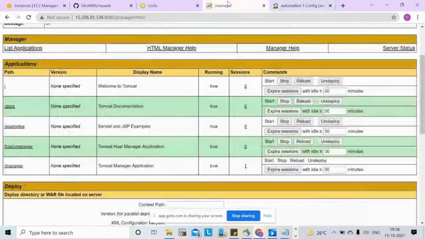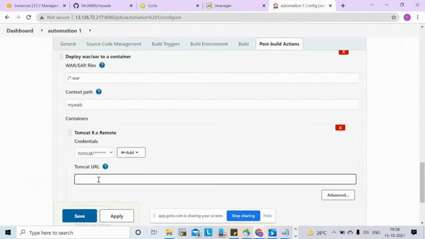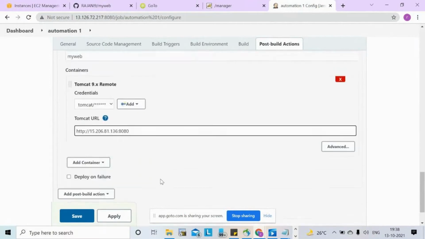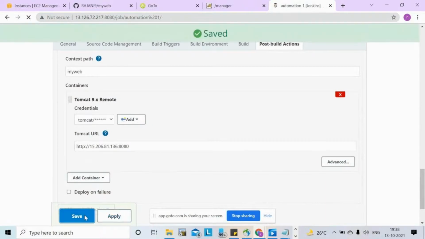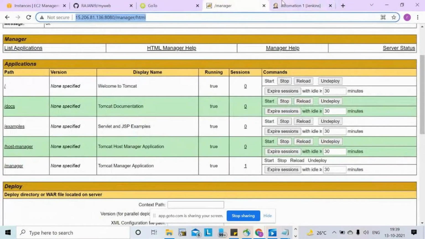I need to give this URL to communicate with Jenkins, up to the 8080 port. Okay, I'll go for apply and save. I have given communication between the Tomcat web server and Jenkins.